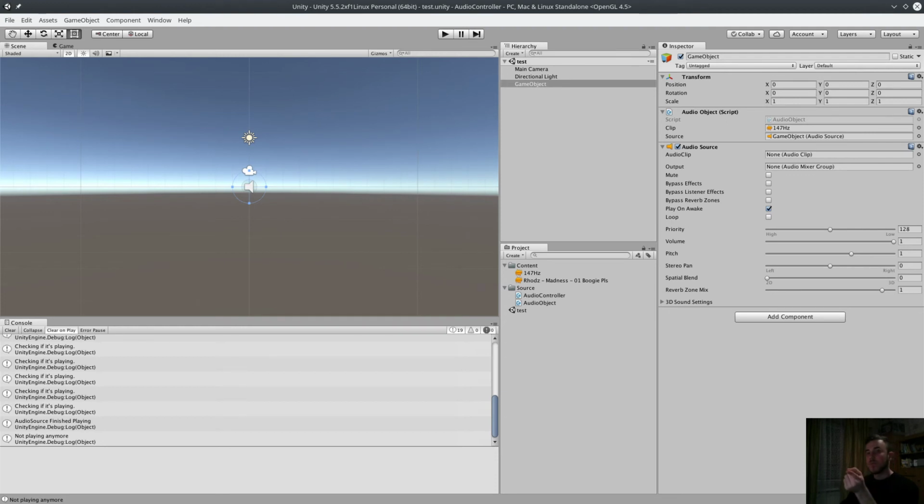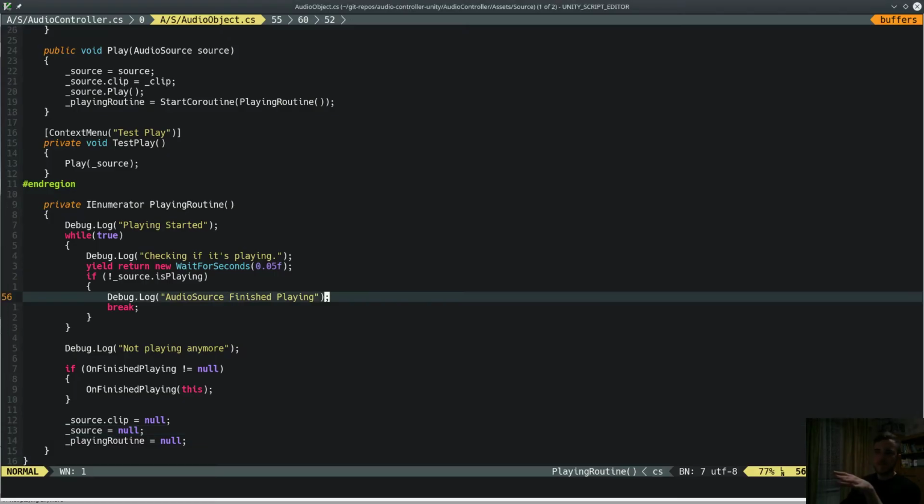But I need to know the name of the clip, so I guess I'm not gonna remove the clip. And I also need the ID of the audio object. Okay, I guess I'm gonna leave it just like that,